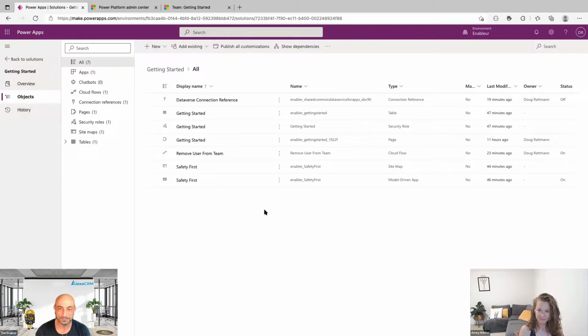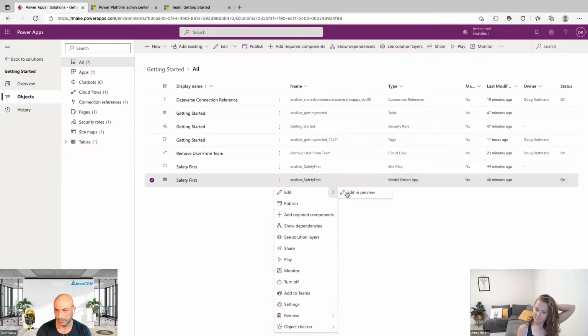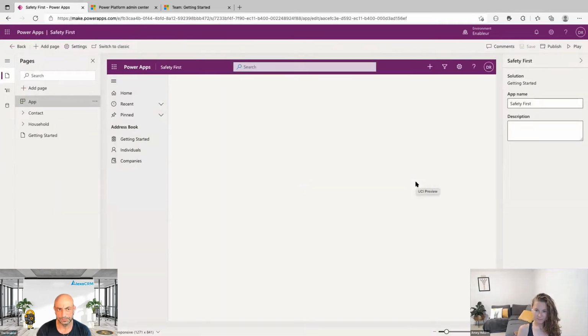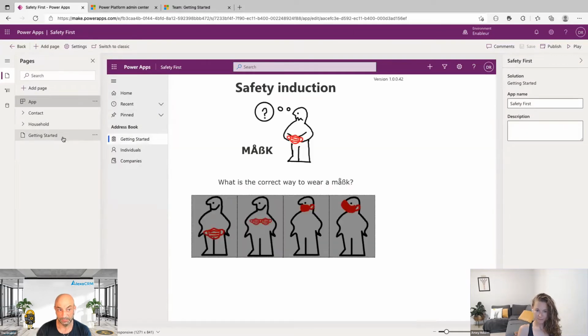So let's start with the application itself. It's a page. So we've got a model-driven app, right? And if I go and edit the model-driven app in preview,